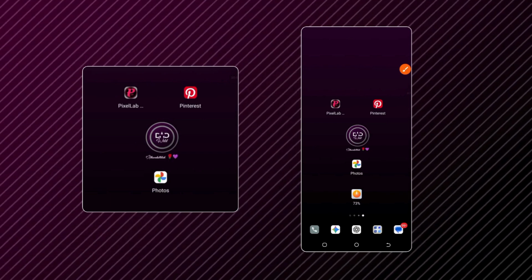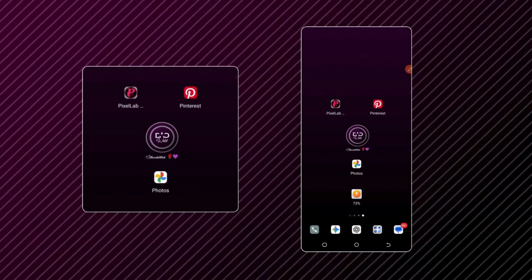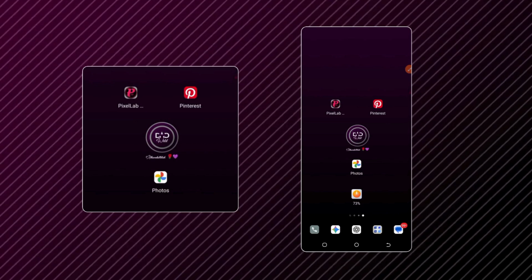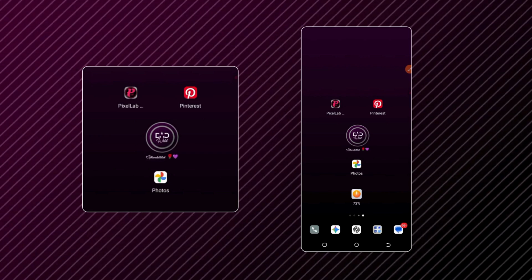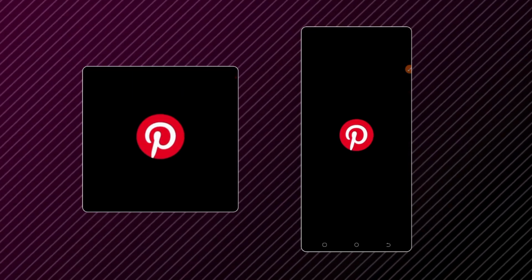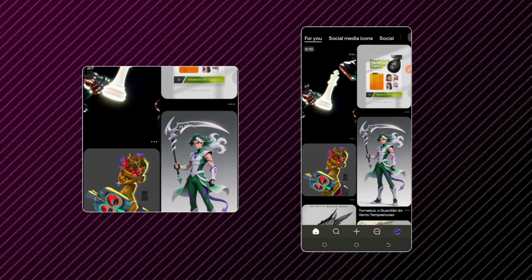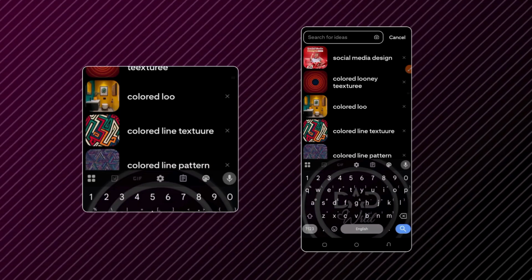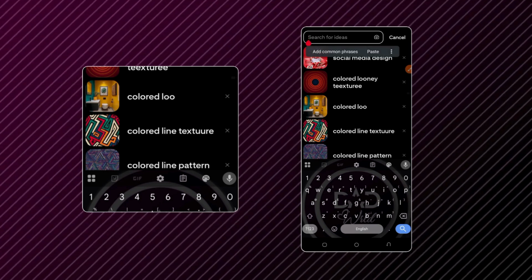You can as well use any of your resource platforms to get the resources you need, but for the sake of the video what I normally use is Pinterest. So I go on Pinterest and just search for the texture that you feel like using in your design or to create the effect if you are doing practical. So search for abstract colored pattern